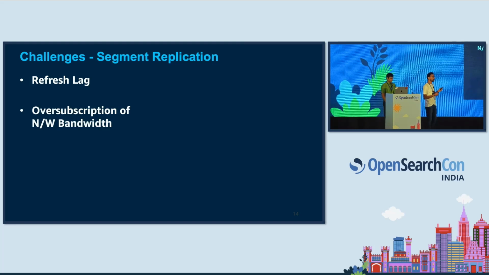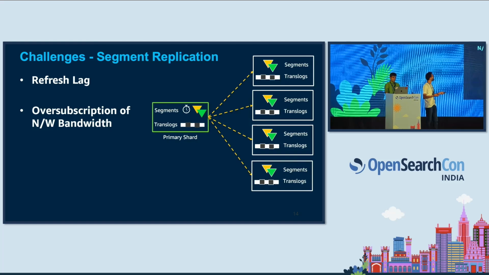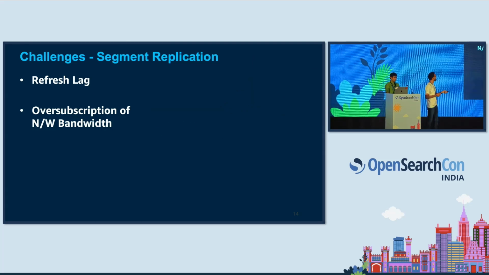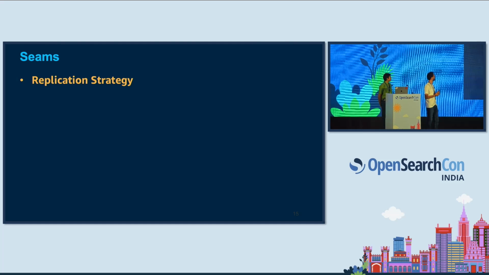The second issue is more prominent with a larger number of replicas. So primary is copying the segment to the replica shard. If there is one replica shard, it works fine. If the number of replicas grows, the same primary has to copy the same set of segments to all these replicas, overusing the network bandwidth of the primary. And if the number of replicas keeps growing, this can create an oversubscription of the network bandwidth of the primary, right? So now let's take a look at how we solve this particular problem with our next item, and that is remote store integration,